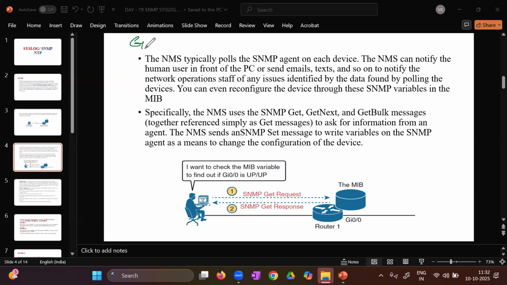Get request, get message is from SNMP manager to agent to retrieve the information. Whereas set message